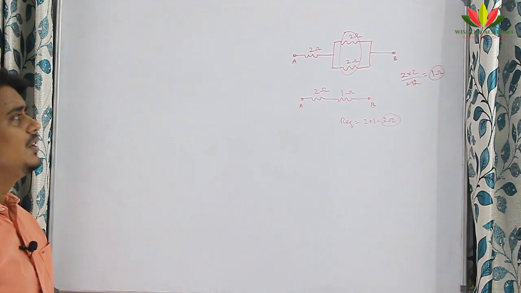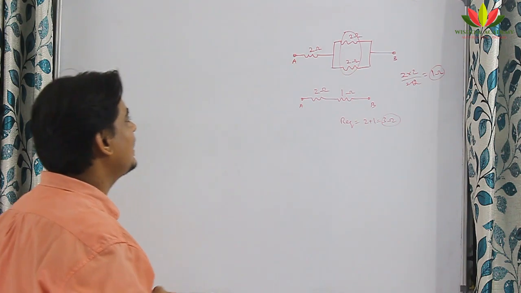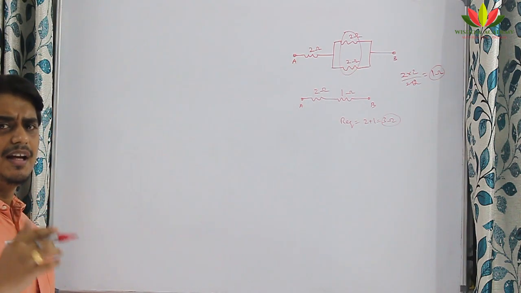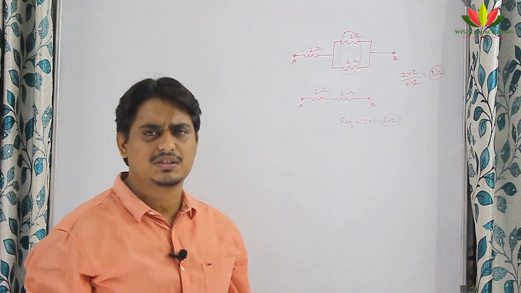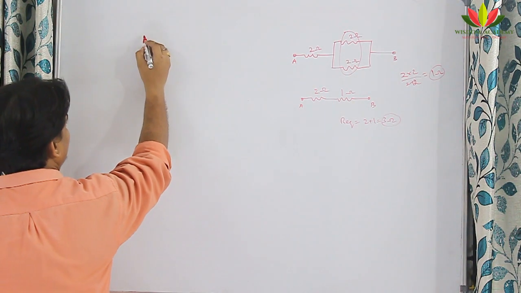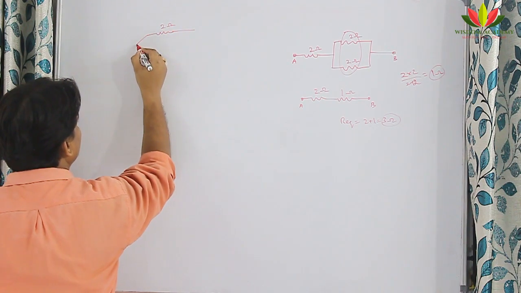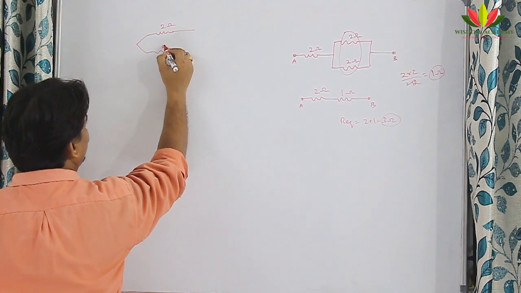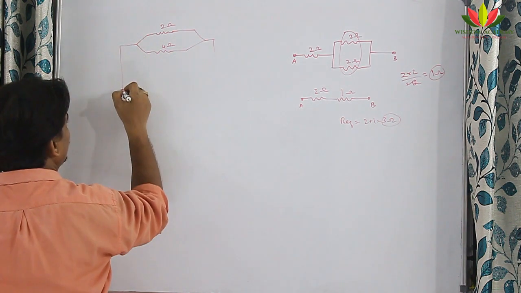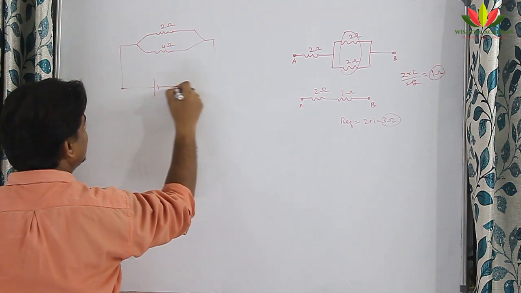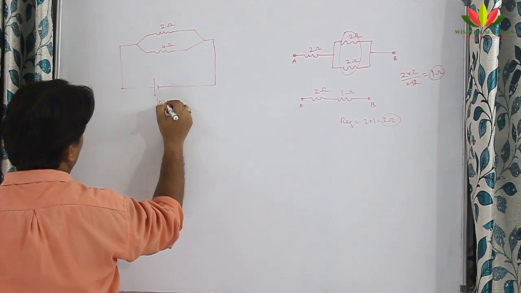Now, usually how are the questions asked from this chapter? If the question is easy, there will be a circuit given and they will ask you to find the current in each resistor or the potential drop across any resistor. For example, I have taken one question here. Let me assume this is 2 ohm and this is 4 ohm. They are connected to a source of potential difference, and this battery is, suppose, 10 volt.